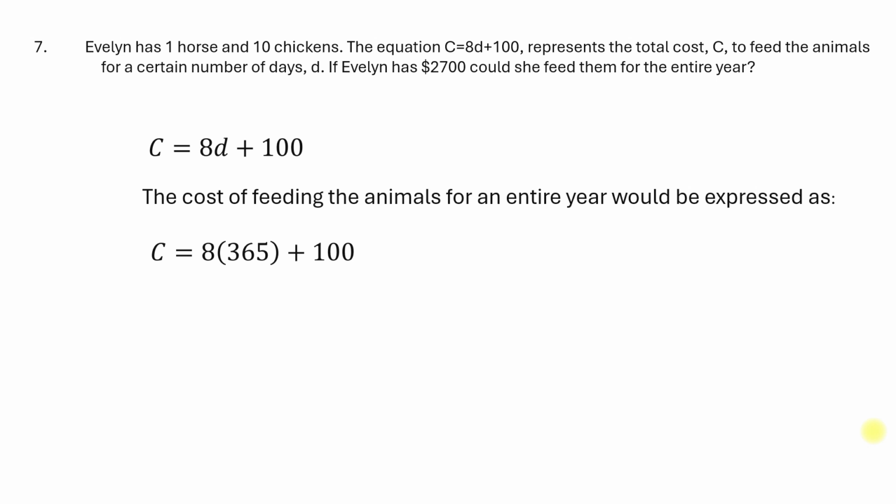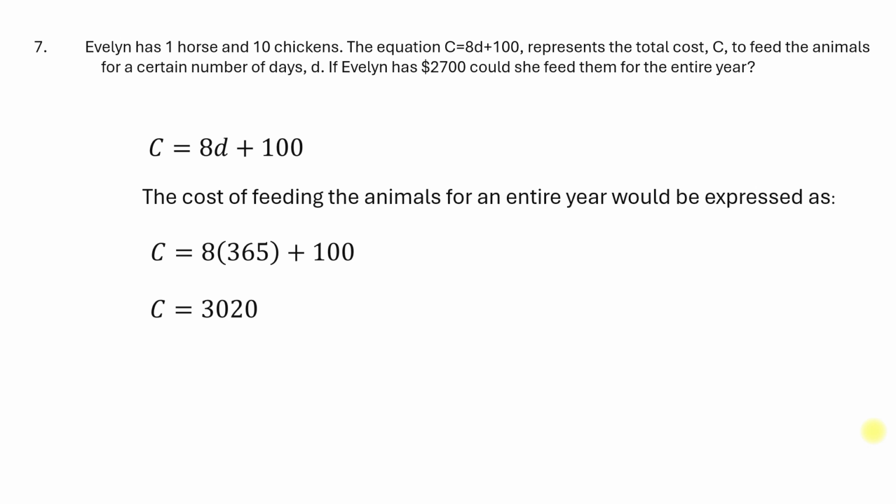So that's one of the challenges of word problems, is understanding that if we're talking about an entire year, then D has to be 365. So we plug that 365 into where D is in the equation. 8 times 365 plus 100 ends up being